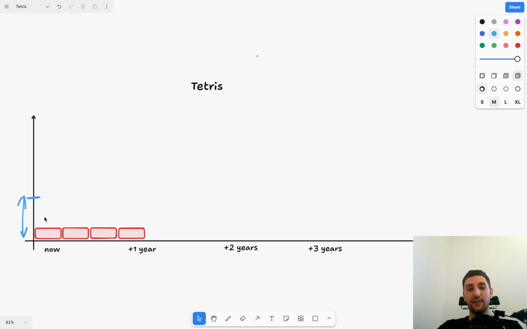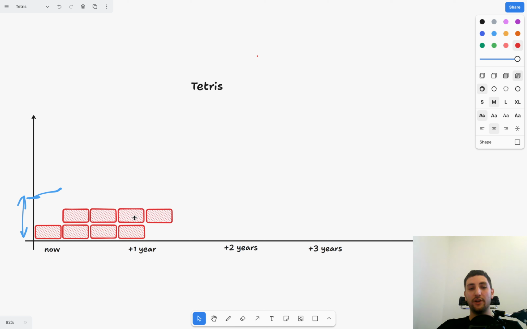I could just, let's say, cover 30% of the costs here. 30 or maybe 25, whatever amount you like, but not more than 50 for sure. And I just wait for 1 quarter. And for example, the costs are rising. Okay, now I could commit more. I could just go and buy more Savings Plans.